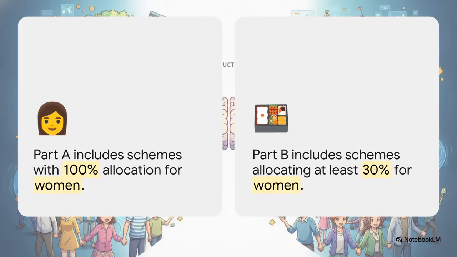And India's gender budget is structured brilliantly. It's divided into two highly actionable parts, which ensures development benefits actually reach women and girls through specific, targeted schemes. Part A includes schemes that have 100% allocation strictly for women. So we're talking about things like widow pension schemes, girls' hostels, and maternity benefits. Then Part B includes broader schemes that allocate at least 30% of their total funds specifically to women. And this covers massive nationwide initiatives like midday meal programs and major rural development projects.